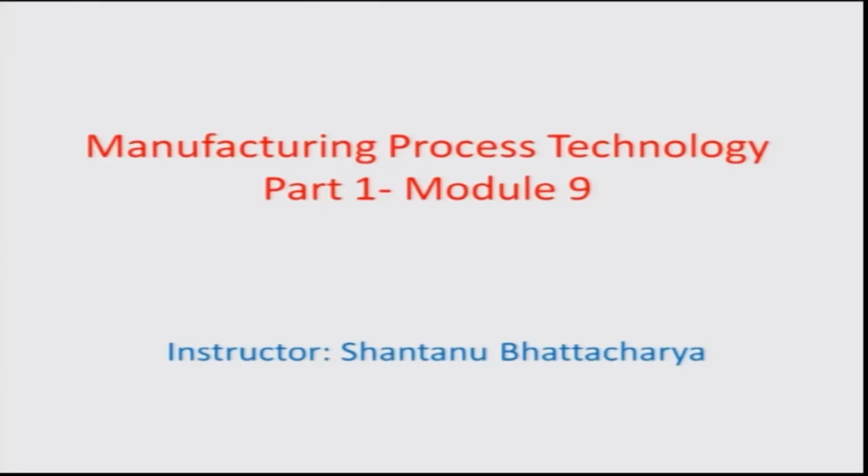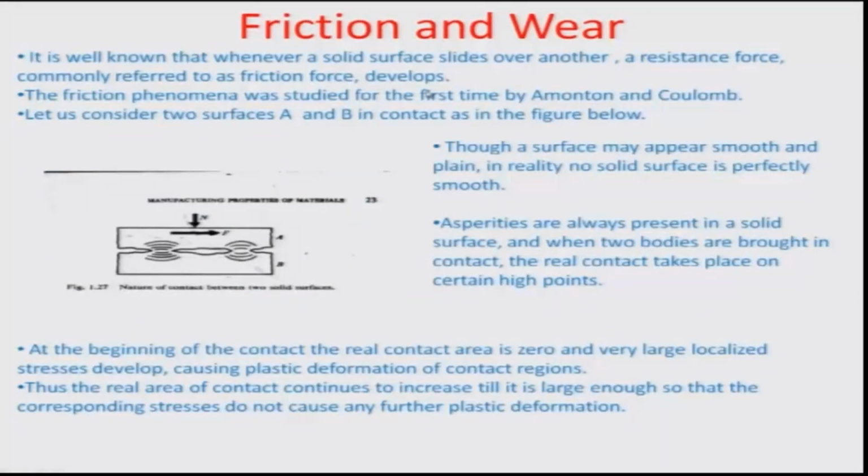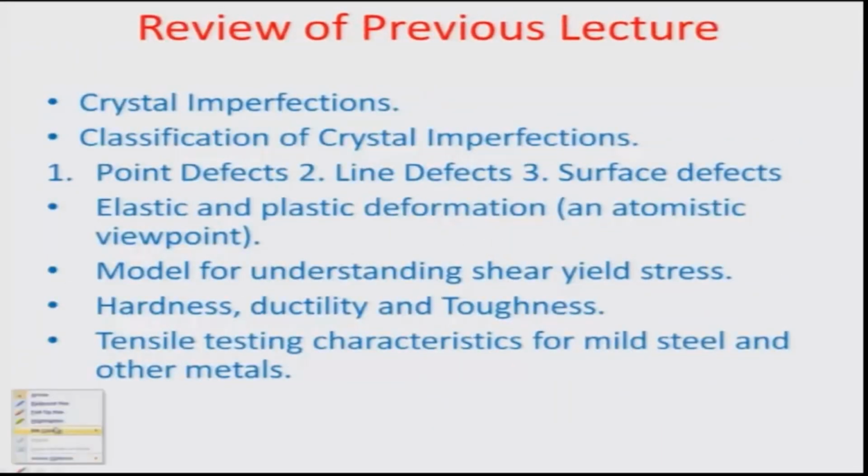Hello and welcome to this manufacturing process technology part 1 module 9. We would just like to recap what we have done so far. We learnt about crystal imperfections. We also talked about the different kinds of crystal imperfections like point defects, line defects, surface defects, etc. We also discussed elastic and plastic deformation from an atomistic point of view by understanding